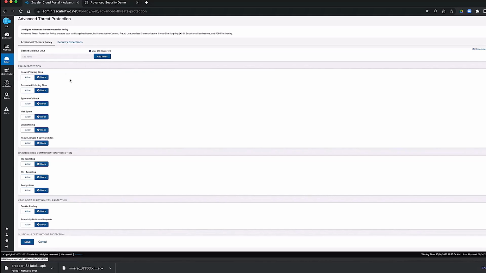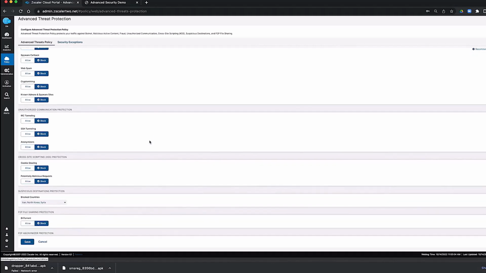We can also use our analysis for fraud prevention, so looking at phishing sites, suspected phishing sites by analyzing the contents and the page and how the page looks, spyware, so an infected machine calling home, web-based spam, crypto mining, where an infected machine might be making callbacks for crypto mining, and known spyware and adware sites can be explicitly blocked here. We can block IRC tunneling, SSH tunneling, and anonymizer websites by looking at the content and triggering within